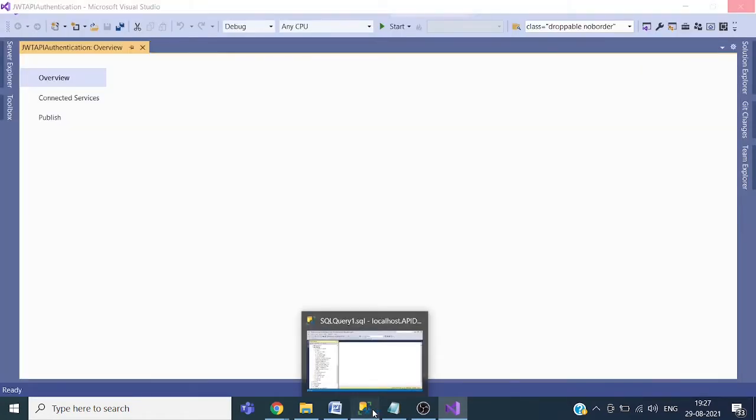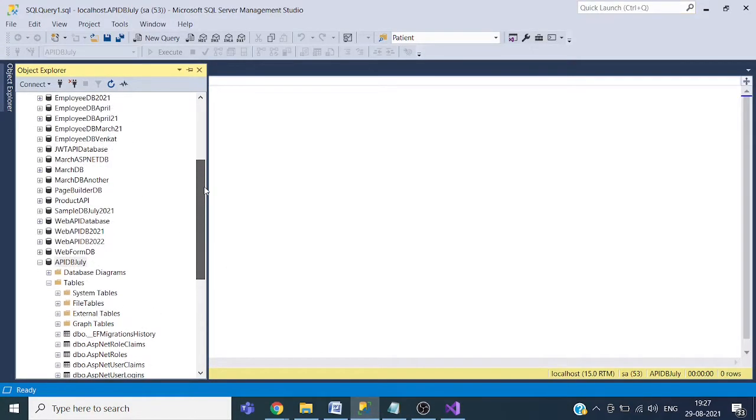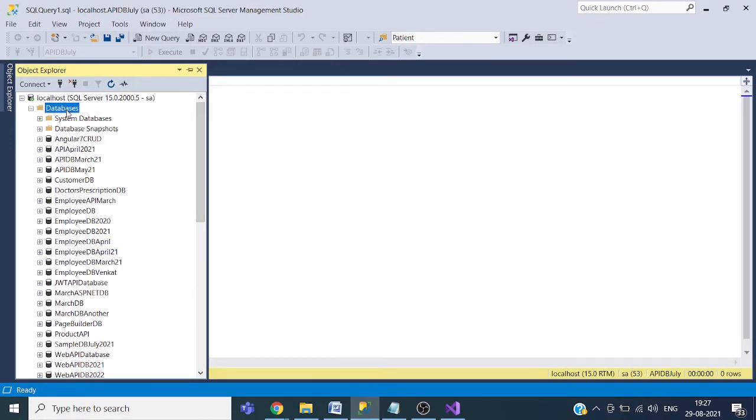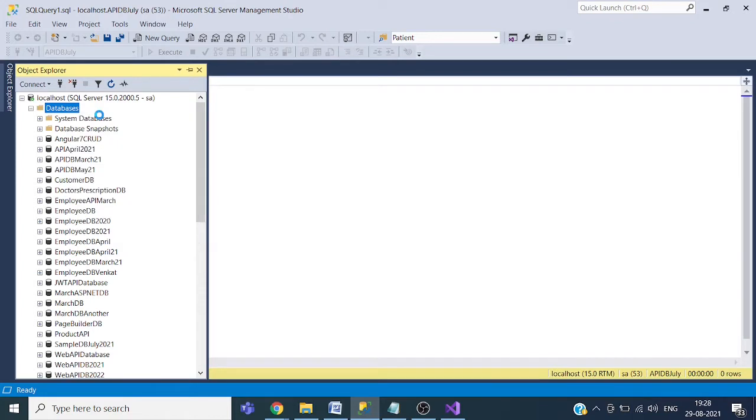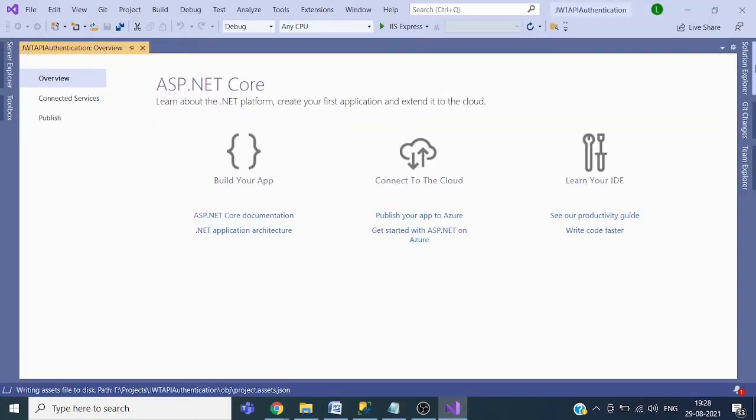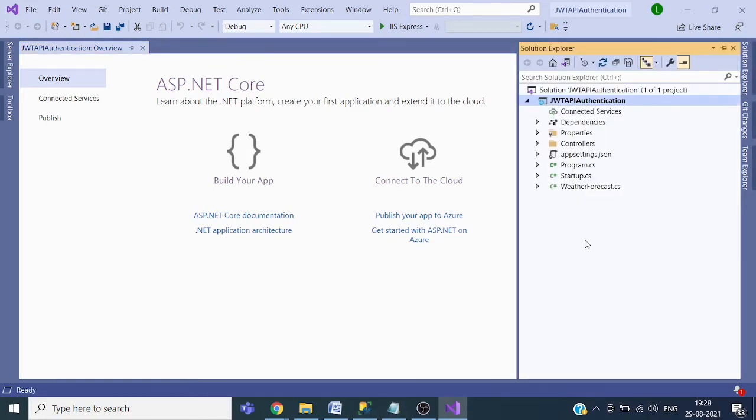I'm also creating a new database for this. So API is created. Here we have one default API added.